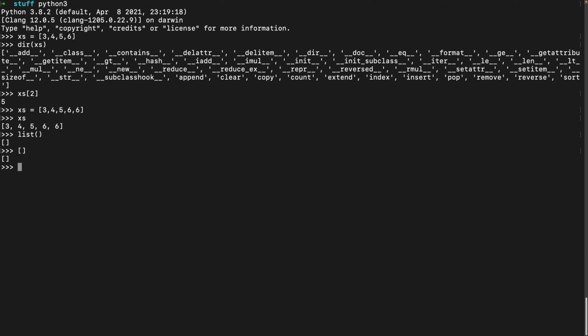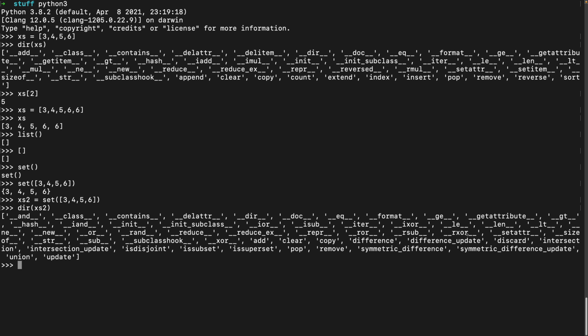With sets it's similar. You have the set function that creates an empty set, but you have to initialize it with a list. So in order to create a set, you now have to specify a list as an argument. So let's say 4, 5, 6. Now we have a set. And now if we store that in another variable and look at what we have here,